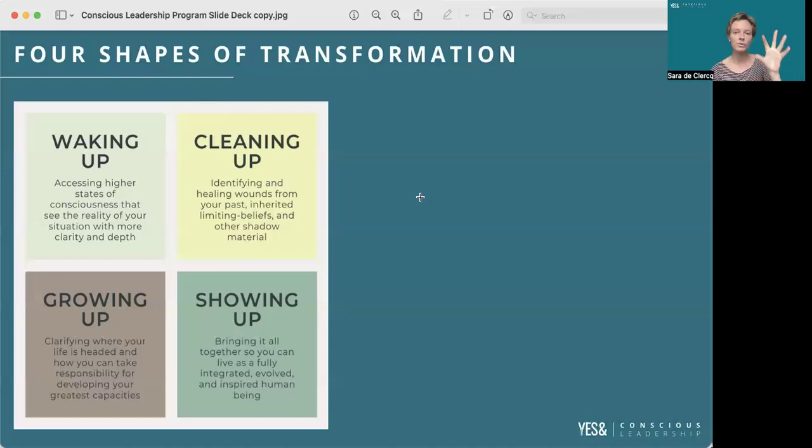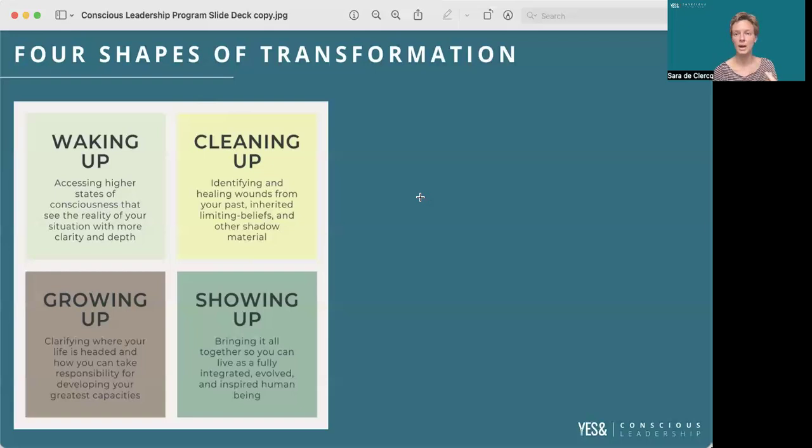This means bringing all of the insights, whether that's spiritual insights or leadership insights. You might have read a really good book or talked to a really good friend about it, but how are you actually actioning that? How is that showing itself in your life? That has to do with showing up. So to what degree are we able to show up with a more full, integrated capacity in the world?